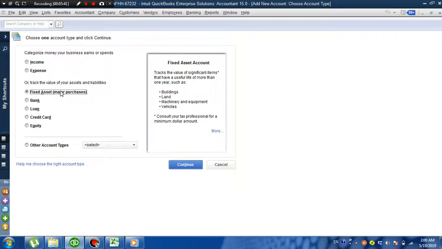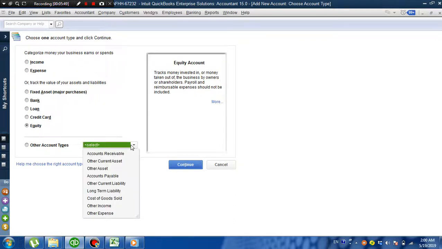The same is for fixed assets or bank or loan or credit card or equity. Apart from this, you can make special chart of accounts ledgers from here: accounts receivable, other current asset, other assets, accounts payable, other current liability, long term liability, cost of goods sold, other income, other expense.